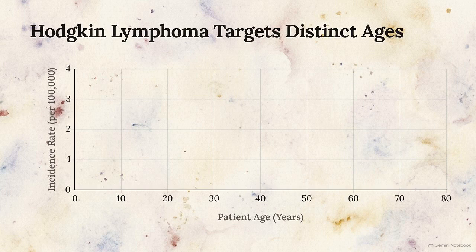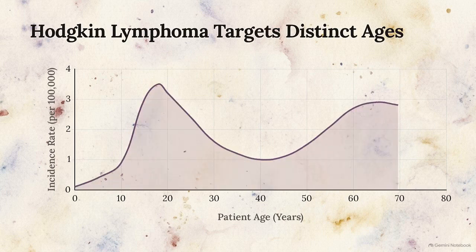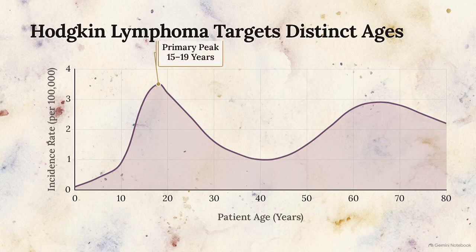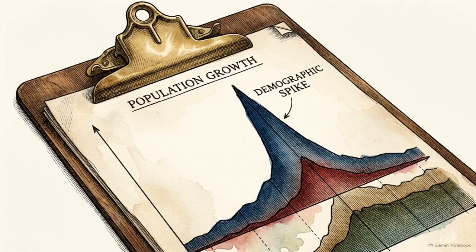This chart plots the global incidence rates of Hodgkin lymphoma against patient age. The data shows a distinct bimodal distribution, with a massive primary peak occurring between 15 and 19 years old and a secondary peak after 50. In that adolescent bracket, Hodgkin lymphoma accounts for over 25% of newly diagnosed cancers, making it the most common malignancy